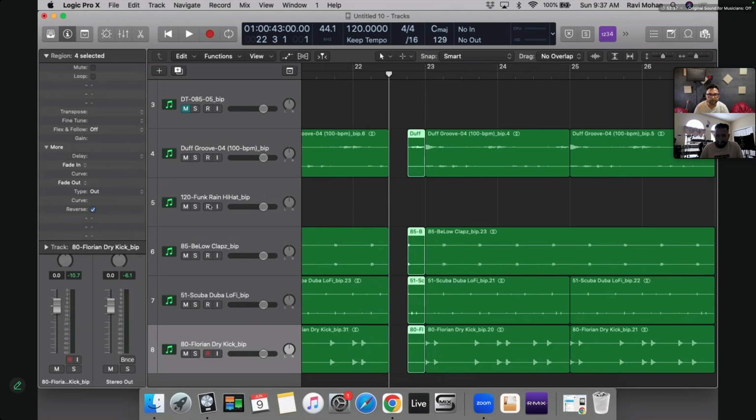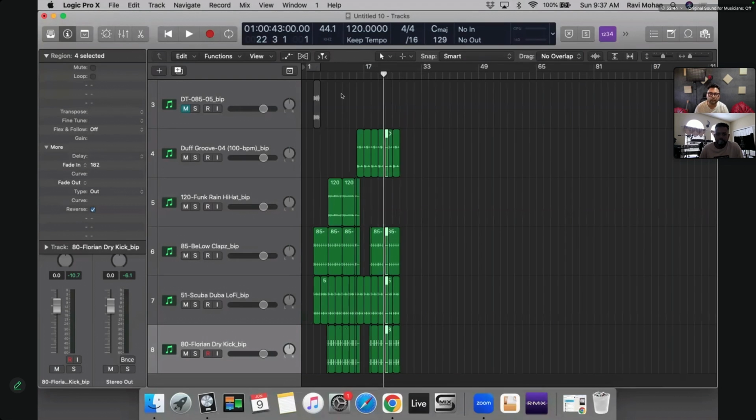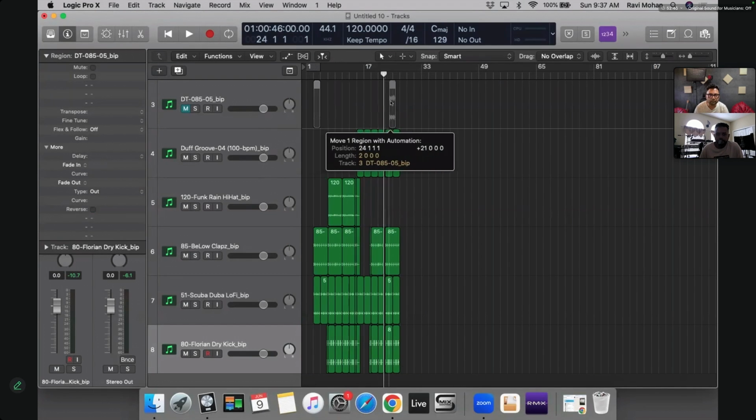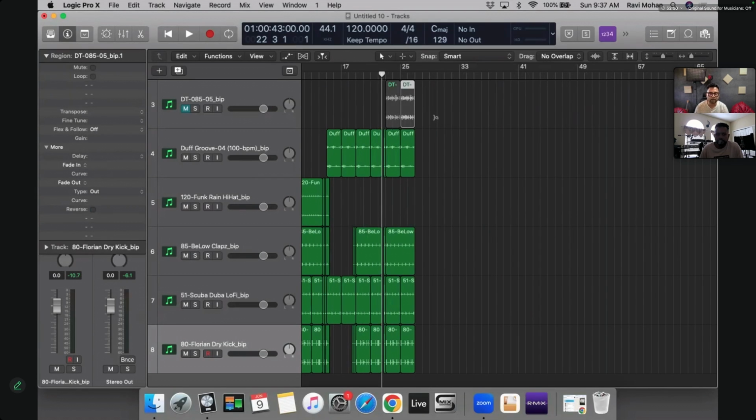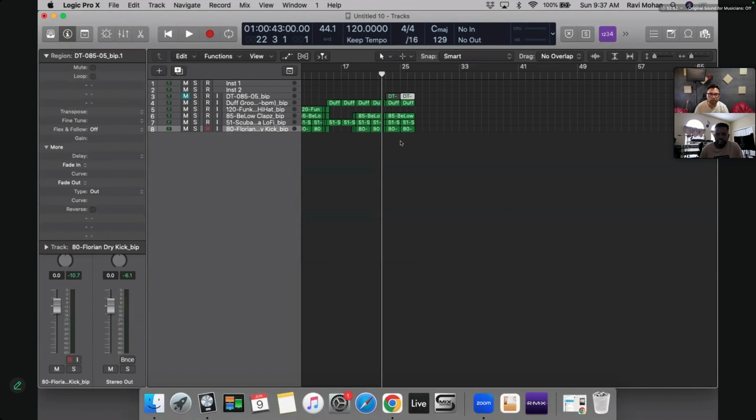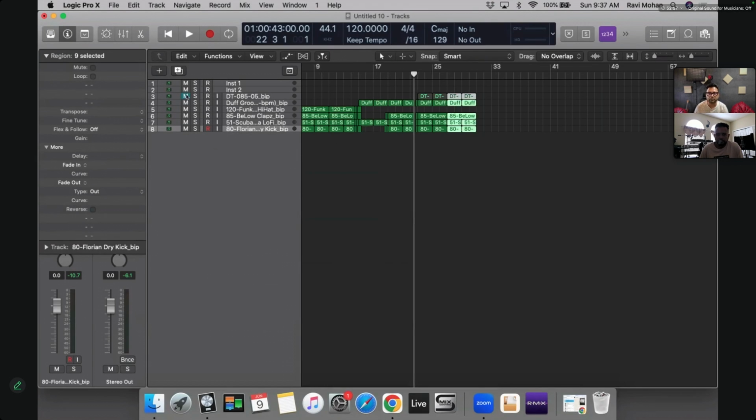Go, reverse. Okay, something like that. And after that, bring in the tabla dholak parts.